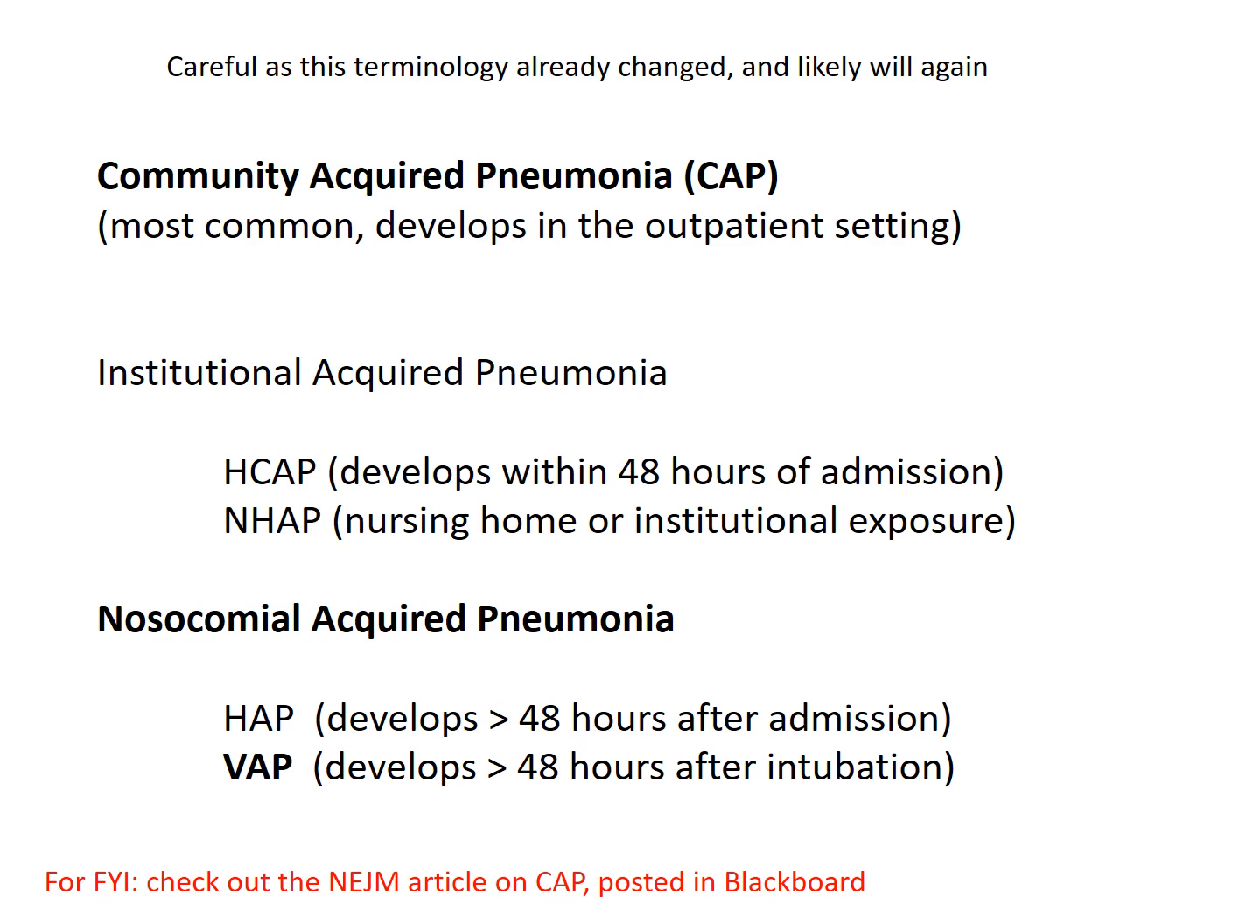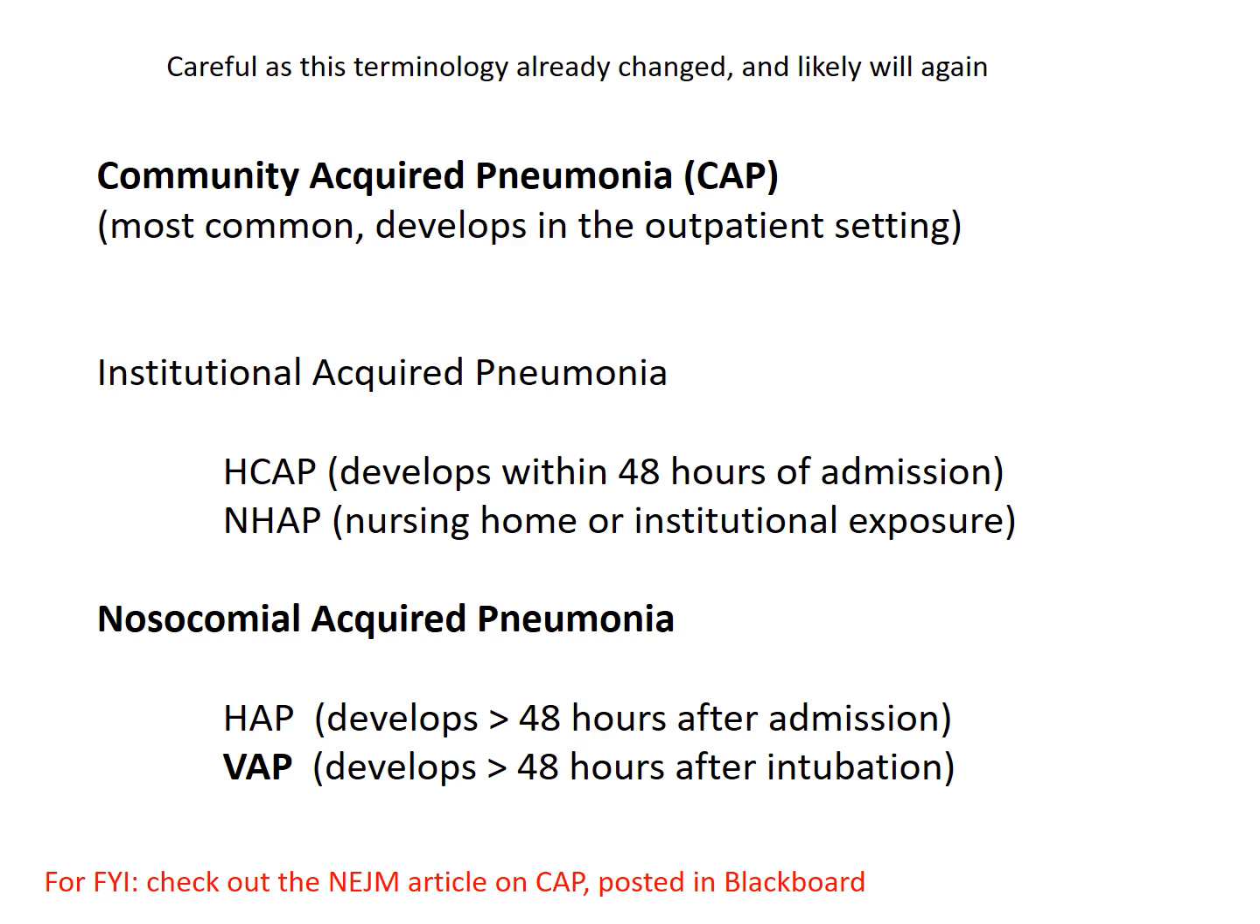Okay, be a little careful with the terminology. This has changed and may change again. CAP, this hasn't changed. Community-acquired pneumonia, pneumonia which developed in the outpatient setting. HCAP, NHAP, and HAP, those are terms that are starting to be dropped. Now it's referred to as nosocomial pneumonia, pneumonia which has been acquired in the hospital. That usually is something that developed 48 hours after admission. So you came into the hospital without pneumonia. Two days later, you developed